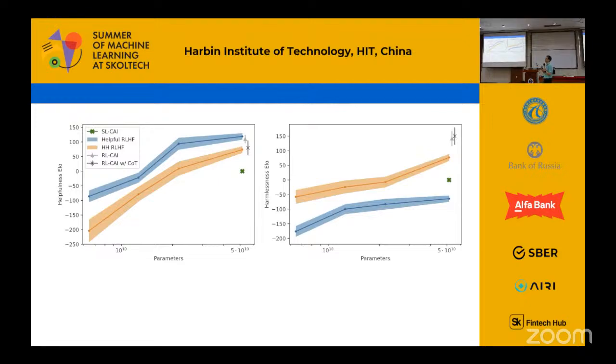But for some questions, you should not answer. So if you want to improve helpfulness, sometimes you will increase harmfulness, because you will answer some very dangerous questions that you should not answer. Here you can see some results. This one considers both helpfulness and harmlessness in the reward, and this one considers only helpfulness in RLHF.